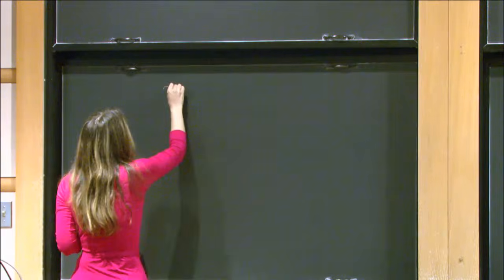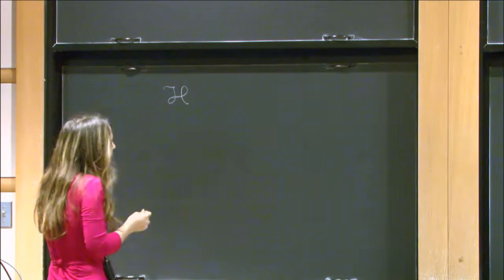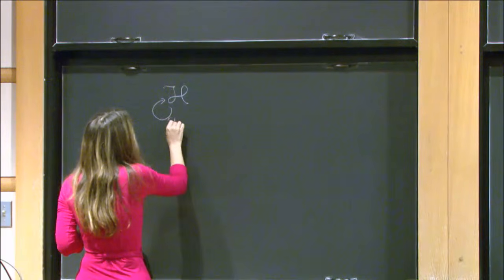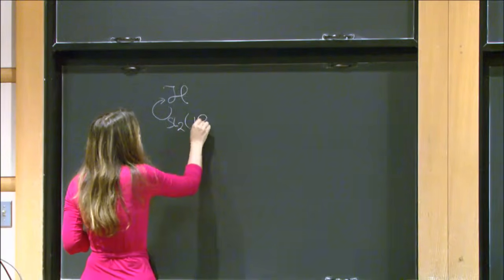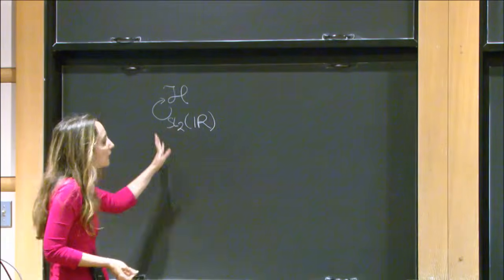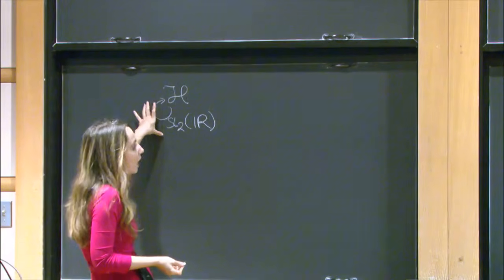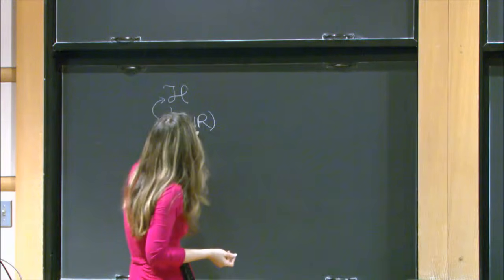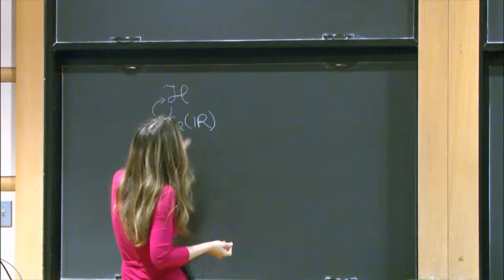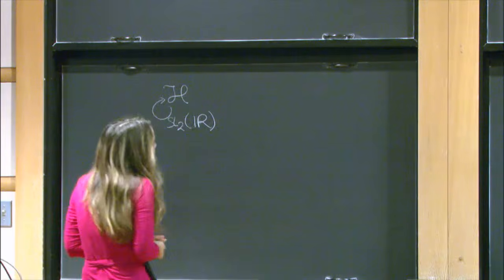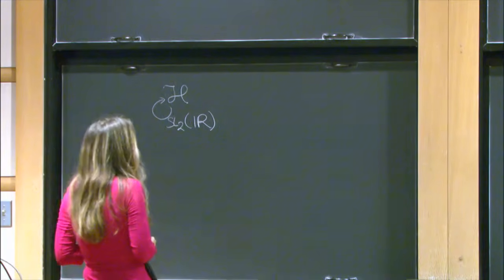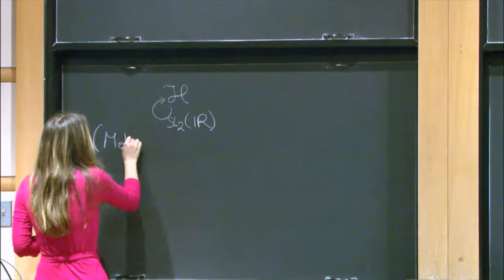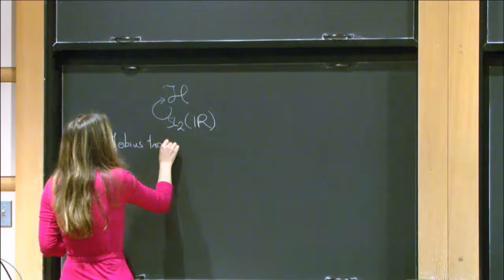So the upper half plane can be endowed with a hyperbolic metric, and its group of isometries under this hyperbolic metric is SL2R. So H has an action of the group SL2R. The action of a matrix in SL2R on the upper half plane is known as a Möbius transformation. So if you've heard of those,